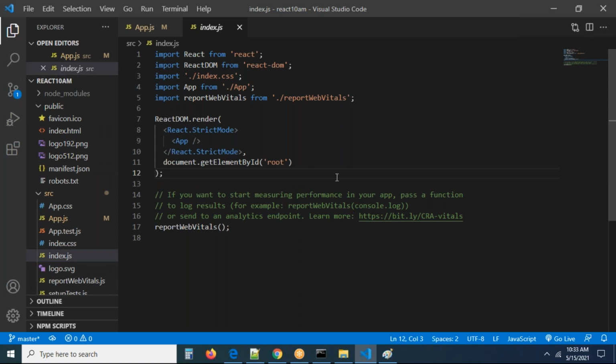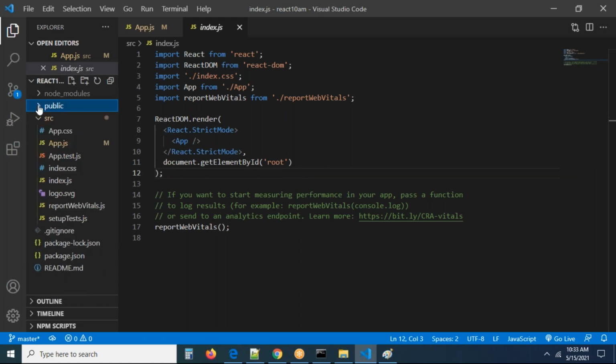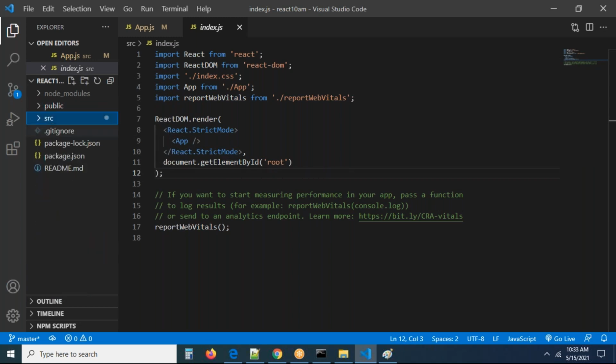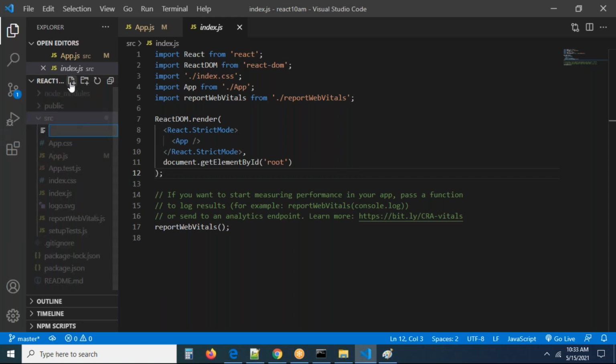For example, you want to create one component right now. Okay, you can go and create one component. Don't worry. Now, if you want to create any file, you have to create it by using the src folder only. Now I'm selecting the src folder. There you can see there is a plus icon. Just hover on it: new folder, new file. Now I'm clicking on new file. So it is asking me to create a file. I'm creating a file, Welcome.